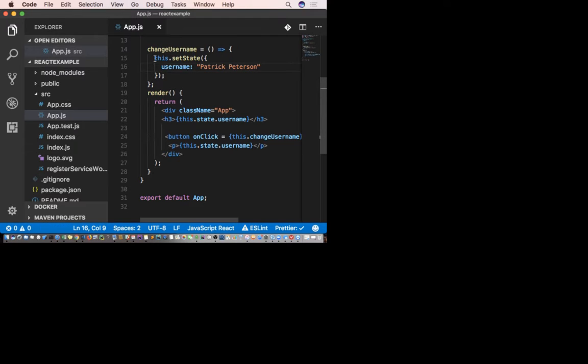And this function is using this set state, which is the only way to change the state in React. Okay? So the expected behavior of this application is when I click this button, it should be changing the data inside my state.